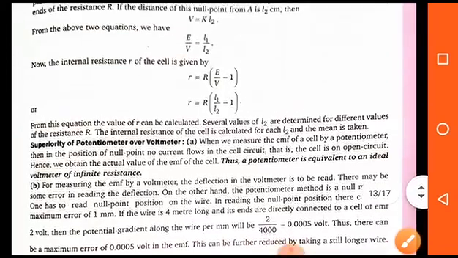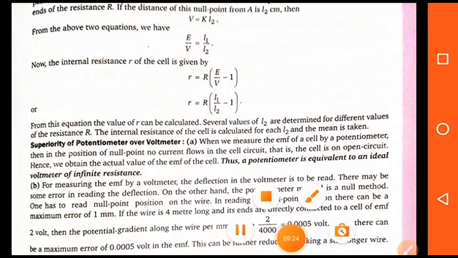So students, potentiometer and meter bridge are two important topics which are generally asked in the board examination, and numerical problems are also asked on these topics. So students, now we will discuss some numerical problems. Okay,